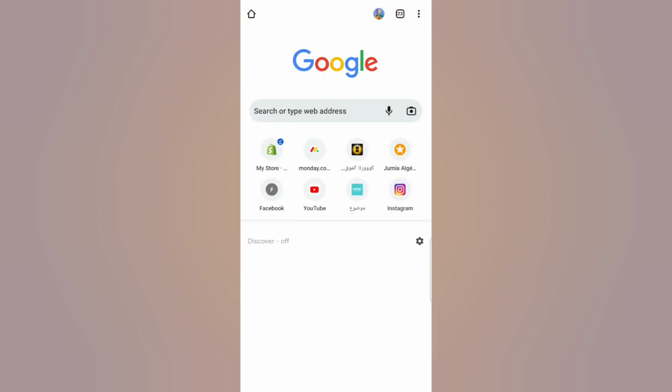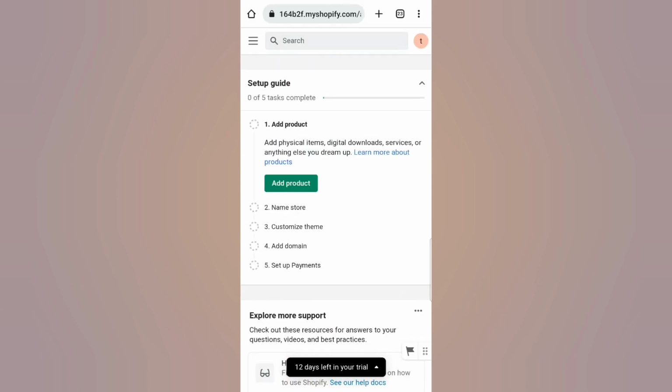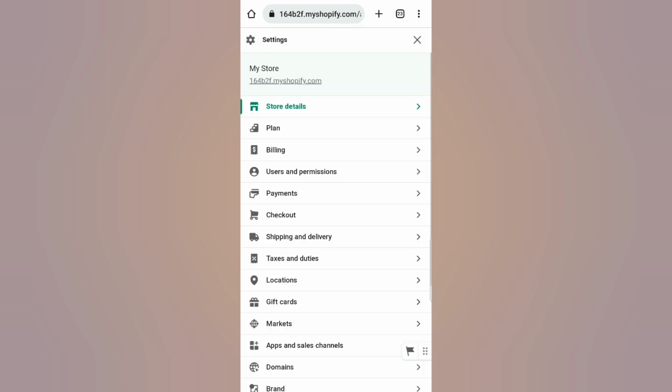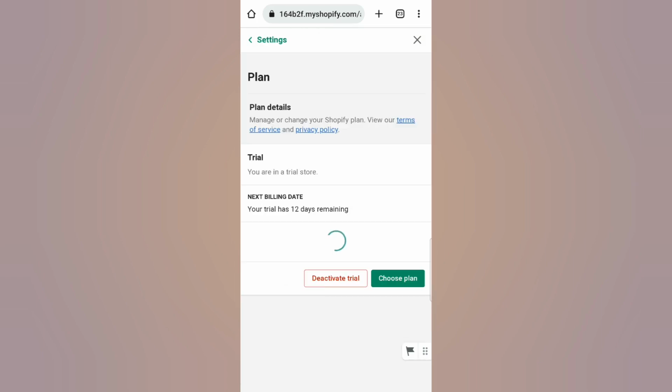So go ahead and open up any browser you have and then navigate to your Shopify admin page. Once you're there, click on the three lines at the top left of the screen, and there click on settings at the bottom left of the screen. Then click on plans. And here you will be able to close your store by clicking on the red button